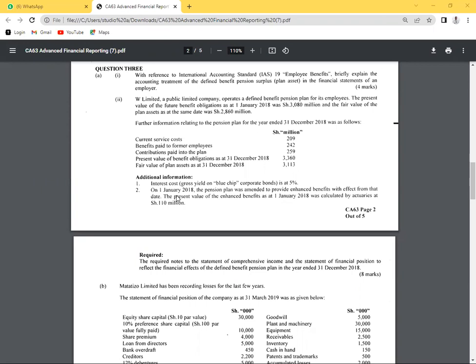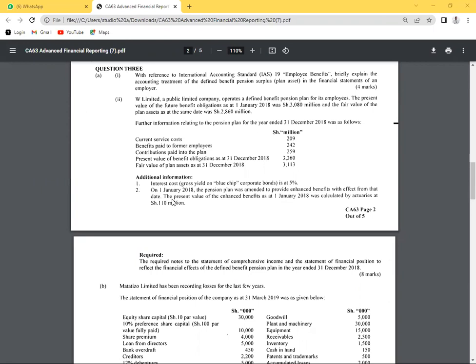So please remember we are starting this plan on 1st of January 2018. So at this date, when we had the brought downs, we are told on 1st January 2018, the pension plan was amended to provide enhanced benefits with effect from that particular date. The present value of these enhanced benefits as at 1st January 2018 was calculated by actuaries at shillings 10 million. It's a benefit you're giving, fine. But for what we call past service, guys who rendered service to us in the past, we are now rethinking of how do we do what here,